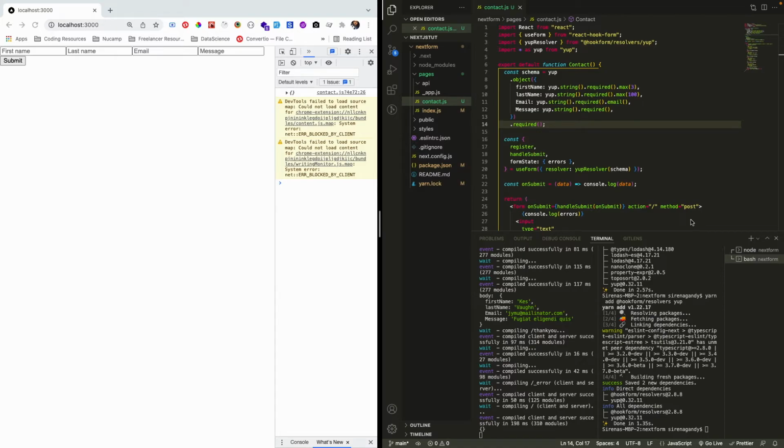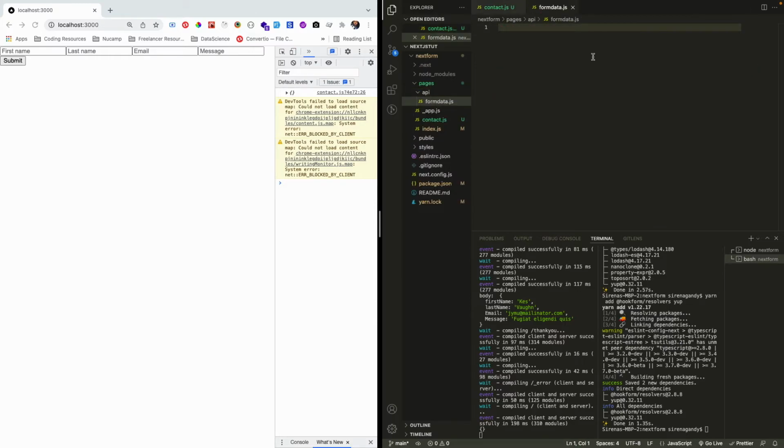Now we can set up our server by creating an API endpoint with Next.js for where to send the form data. We're going to create our API endpoint in the API folder, and files in this folder are treated as an API endpoint. So let's say we create a file called forms.js in the folder. The endpoint would be localhost 3000 /API/forms. So let's go ahead and create that API file, and we're gonna name it